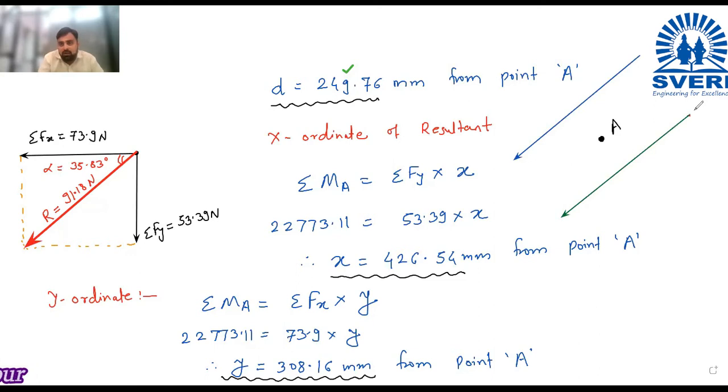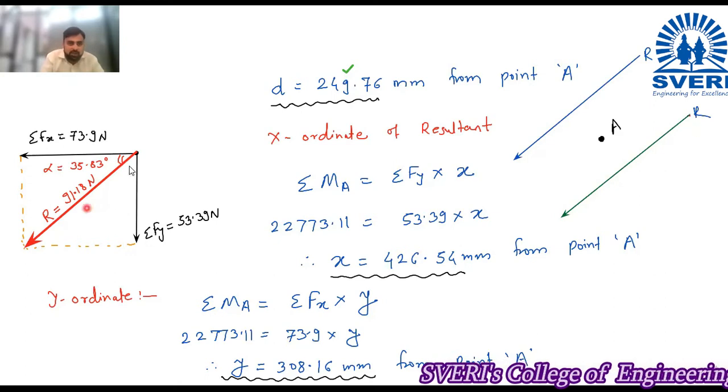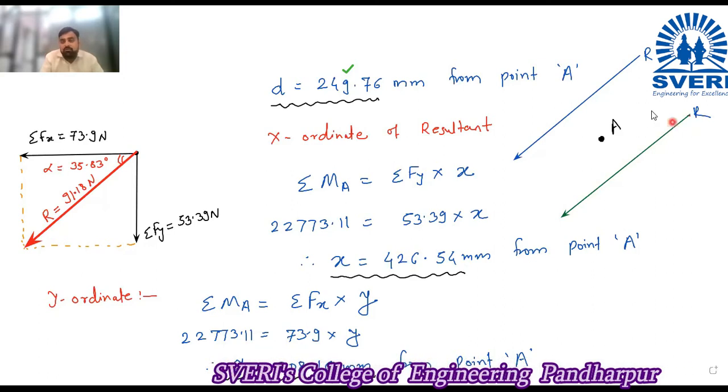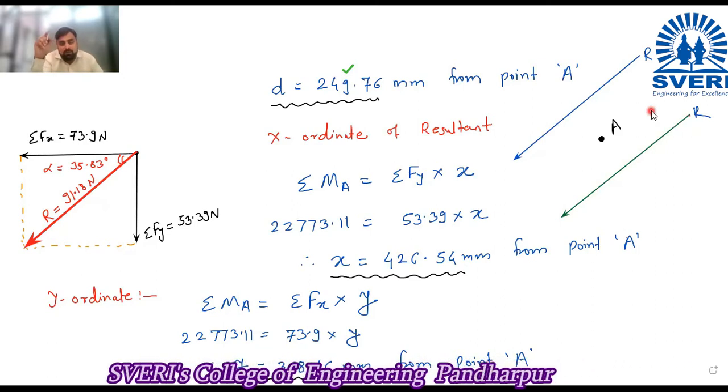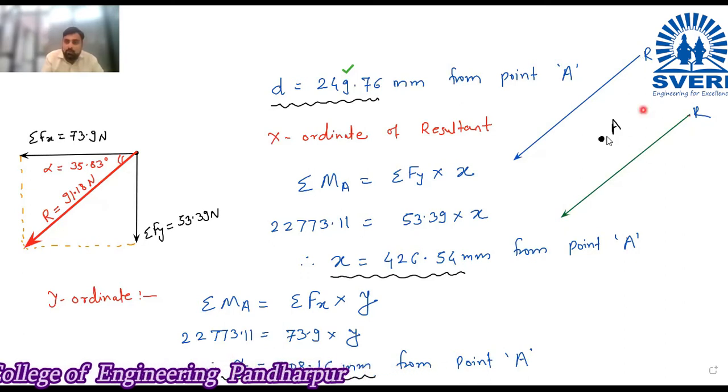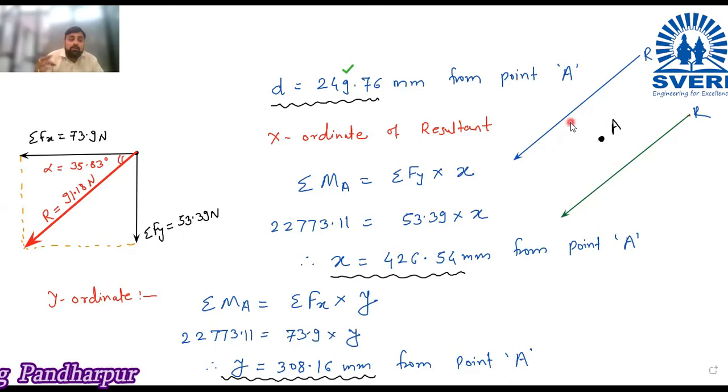This is R. See the direction, as per the diagram I have shown. Now which direction is correct? Out of these two, only one is correct. Even if we draw this diagram, there are two possibilities. From point A, where should the resultant be? It is below point A or above point A. That also we have to determine.